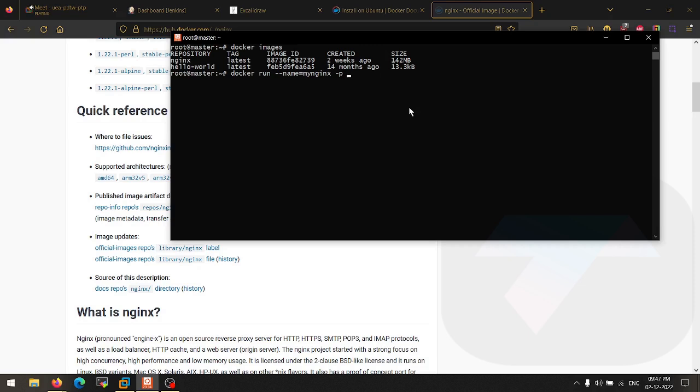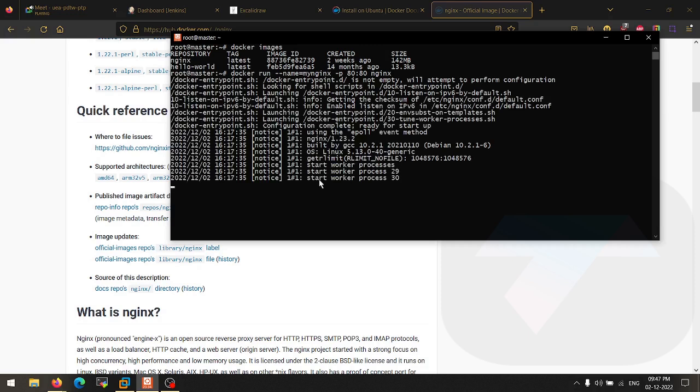Now the port inside the container will be 80. Why? Because it's the Nginx container. By default it will be 80 until I make any change inside the configuration file of Nginx. But here I'm just directly going to run this container, so it will be 80. After the colon I have to provide the port number of the system. Let's select 80 as well, right? 80 colon 80, space. Now here we have to give the name of the image at the end. You can use multiple options here as well. Right now I'm only using these options, and hit enter.